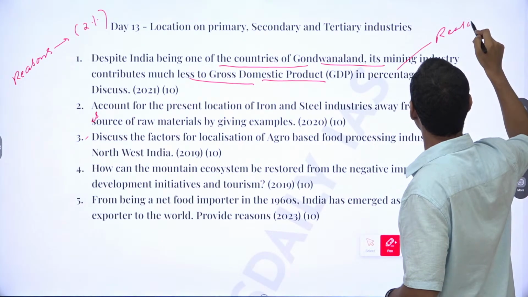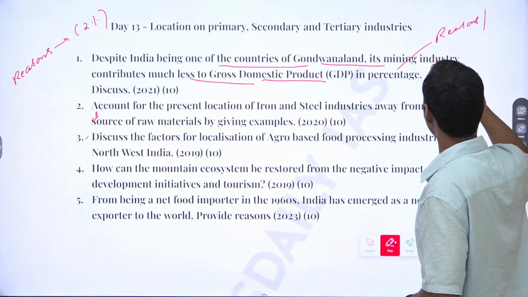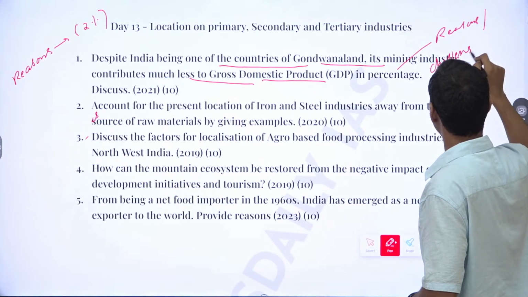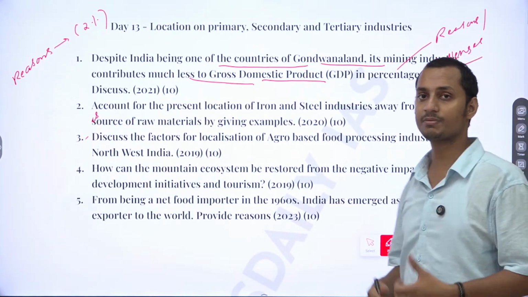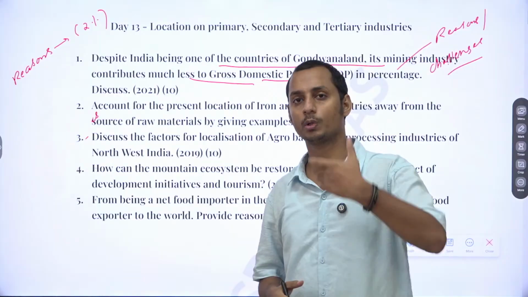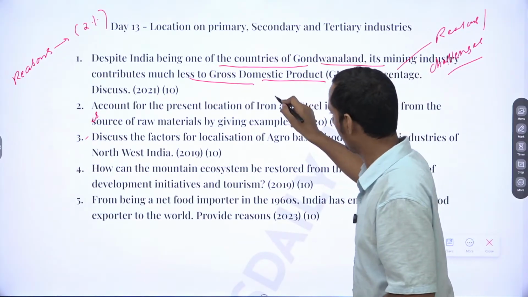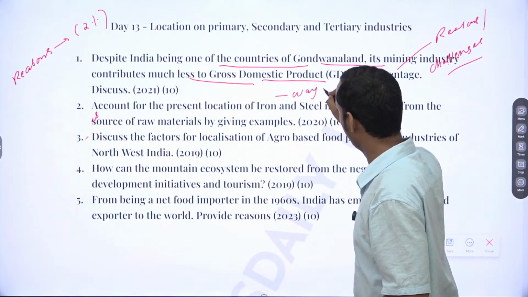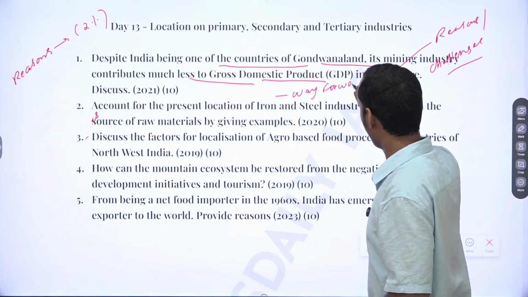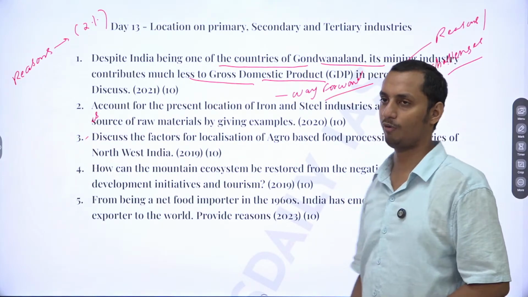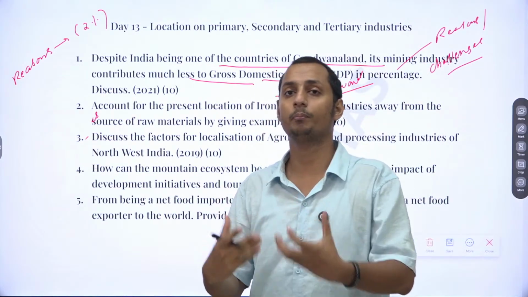We have already mentioned the reasons, or the challenge here. Now what do you need to provide? In case you provide the reasons or challenge, you have to mention the way forward. And what do you mention in the way forward? You have to mention how to improve the GDP of the mining sector, or how to improve the mining sector in